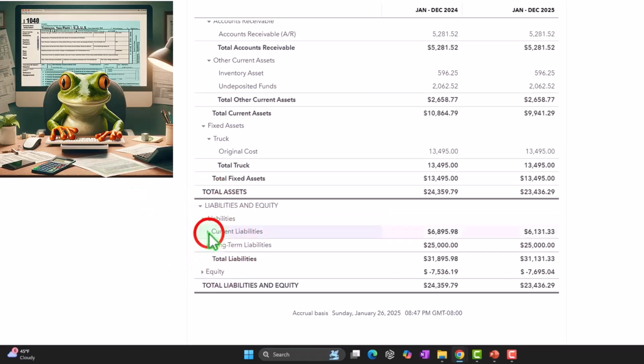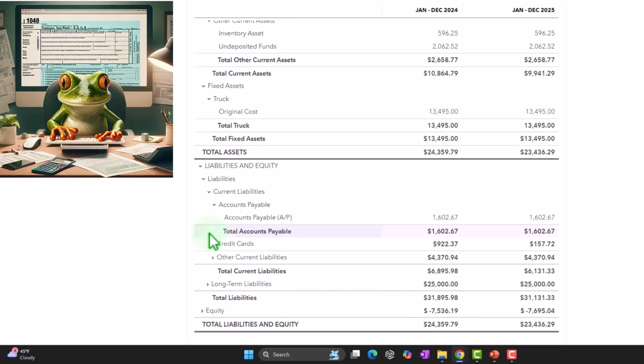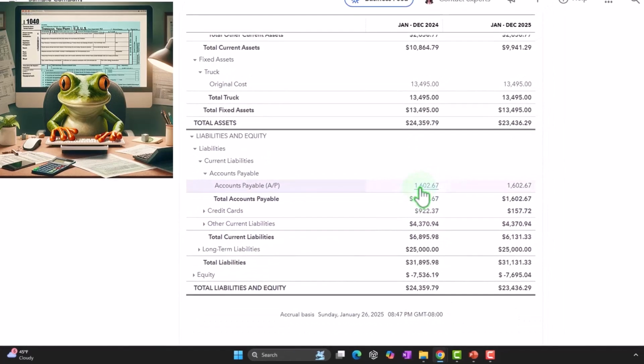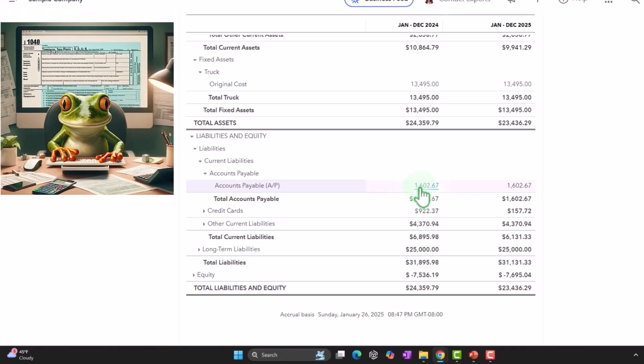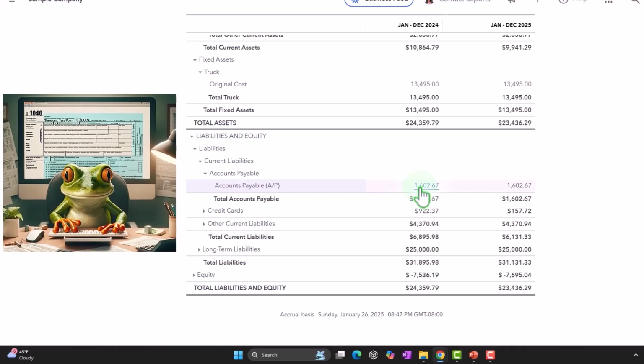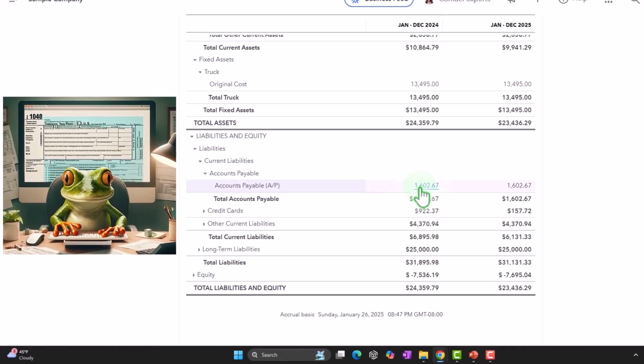So we want to basically think about our current liabilities, which are going to be the accounts payable. Typically, that's going to be the amount that we owe the vendors when we enter bills, which is something we might not do as much if we're a small business, but as businesses get larger, it's going to become more important to track the accounts payable rather than just pay them with, say, bank feeds or credit cards when they become due, because the dollar amounts might be larger and the number of transactions could be larger,